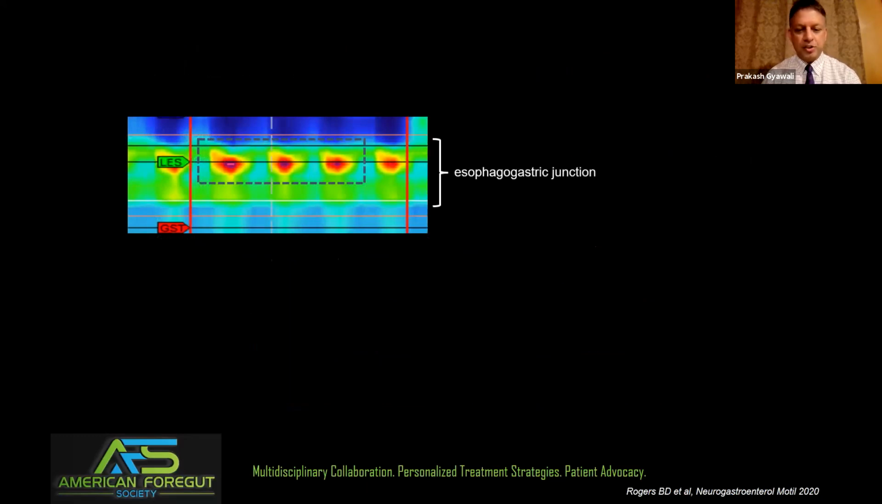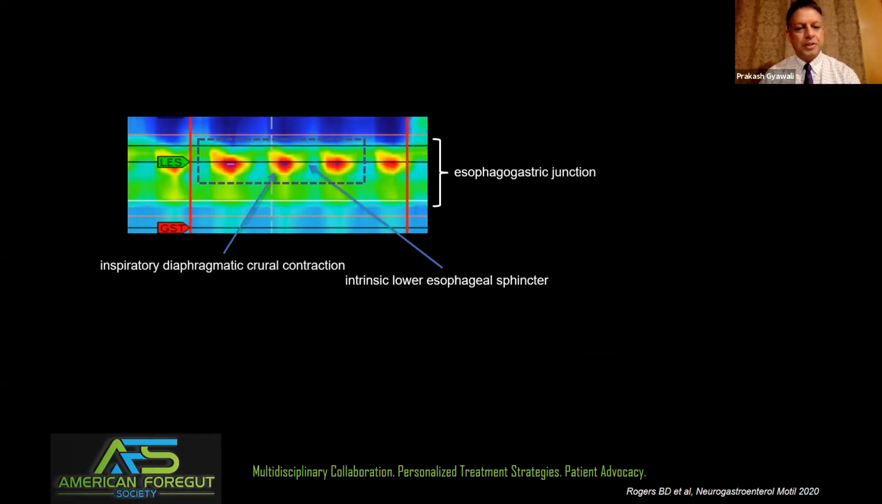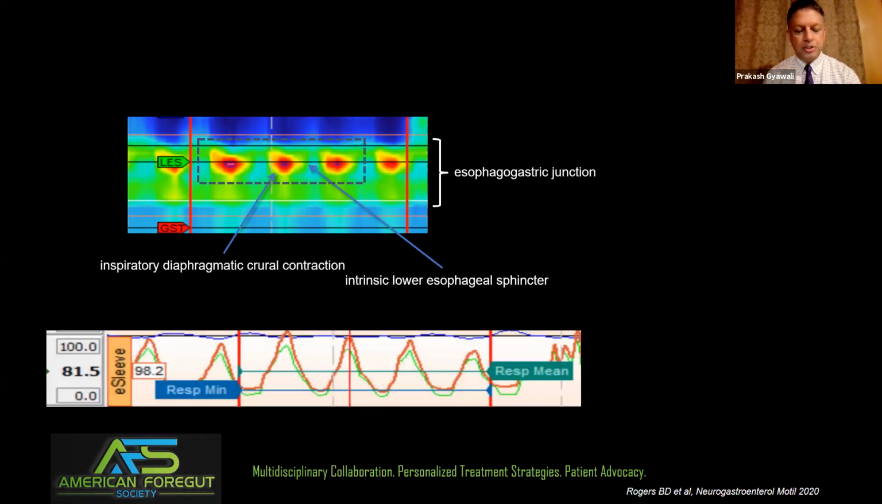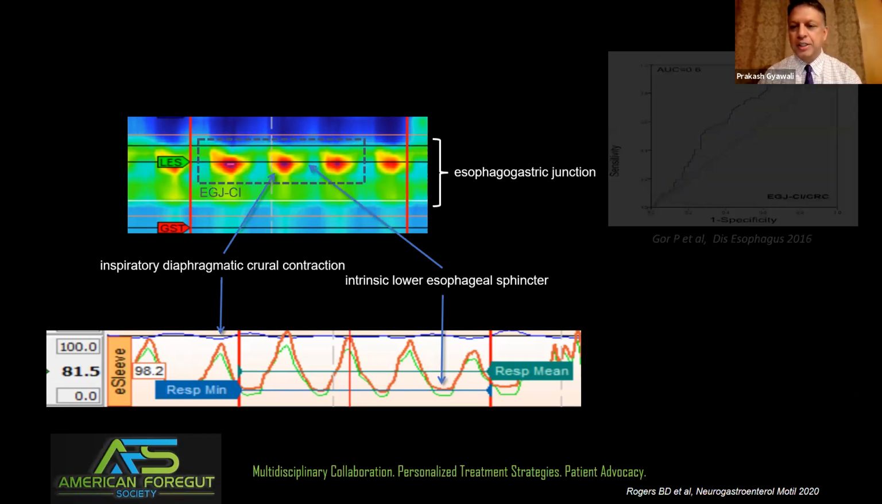So this is the esophagogastric junction. Conventional analysis looks at the intrinsic lower esophageal sphincter, but we don't usually take into account the inspiratory diaphragmatic crural contraction. This is a standard, conventional manometry wave. You can see the variation of the lower esophageal sphincter pressure at rest with respiration. That's the intrinsic pressure, and that's the diaphragmatic crural contraction. So there is a new high resolution manometry metric known as the EGJ contractile integral, the esophagogastric junction contractile integral, that may have some